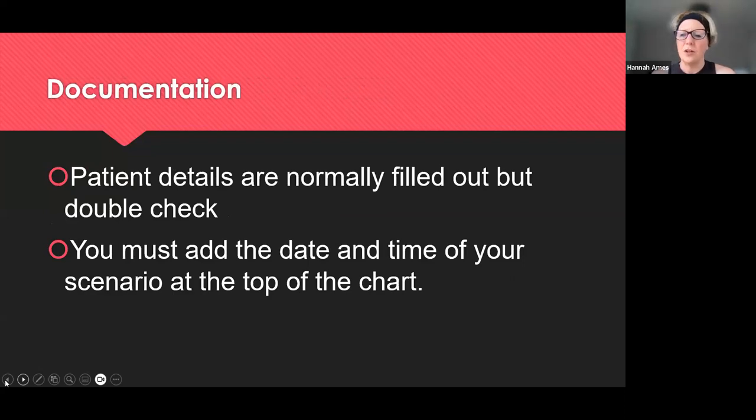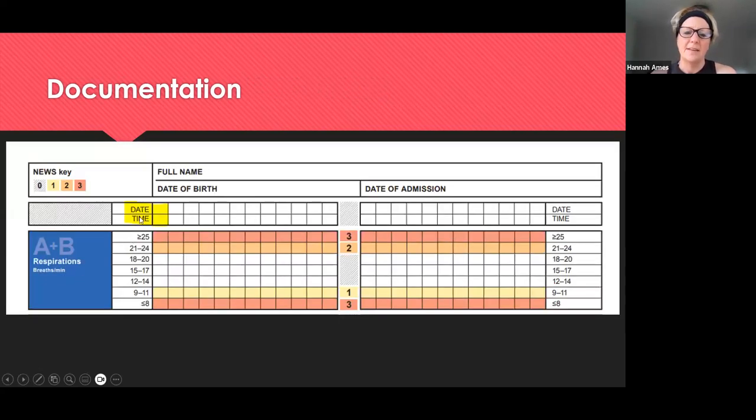So I'm going to talk through documentation. That's the single biggest bit which causes errors in the NMC OSCE. The NEWS2 observation chart will be presented within your information for that assessment station. Normally the patient details at the top are filled in, so name, date of birth, hospital number, but just double check this. And then the next section, you must add the date and time of your scenario in your station. I've highlighted this in yellow here. This often gets forgotten, and it is a critical fail if you don't do that,